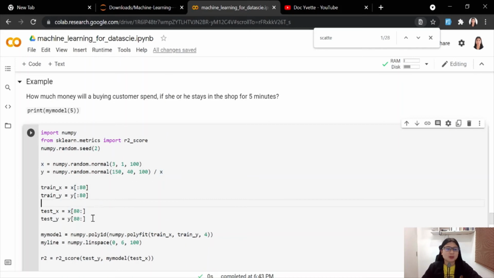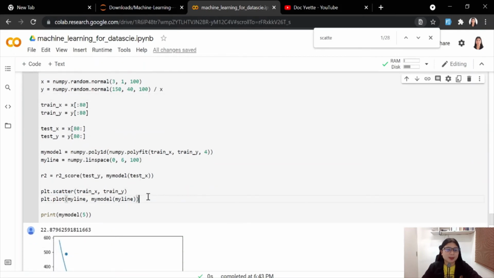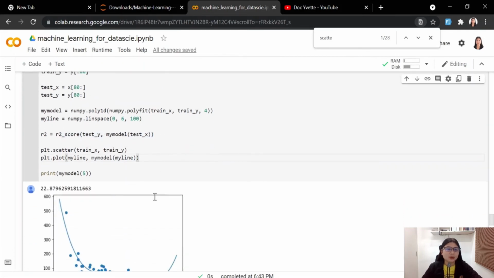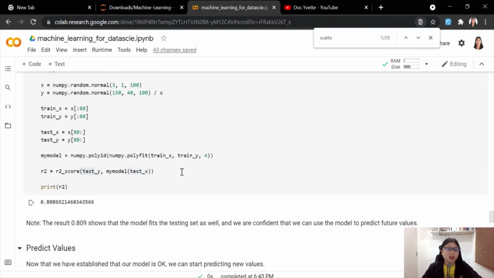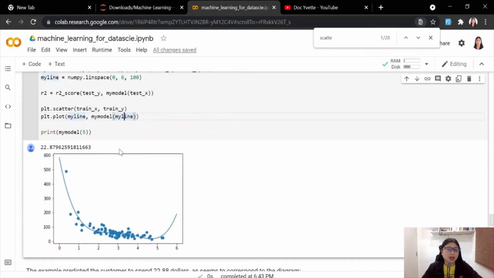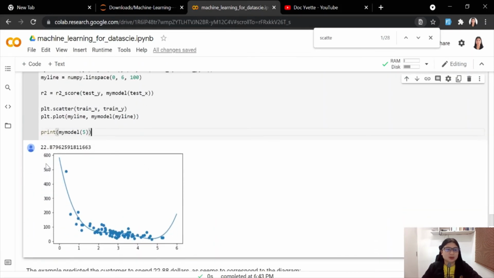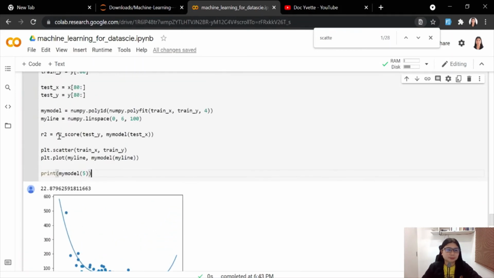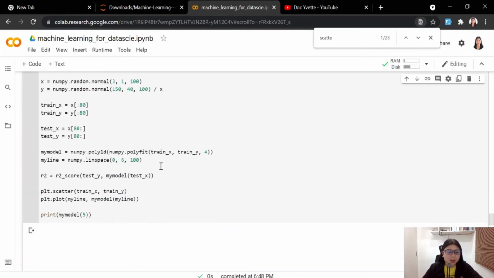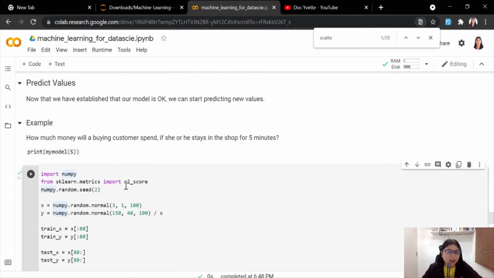And, of course, the model is working now. We have created our model, so we can use our model to predict. So, how is that done? Let's try to run it. Okay. So, in this example, we try to